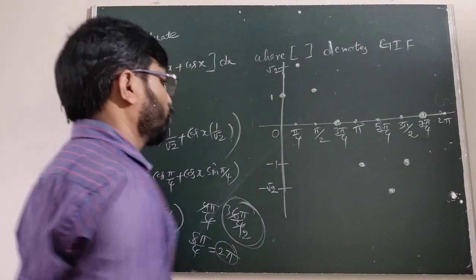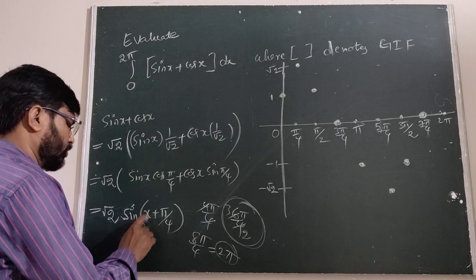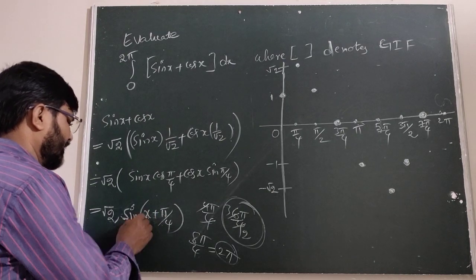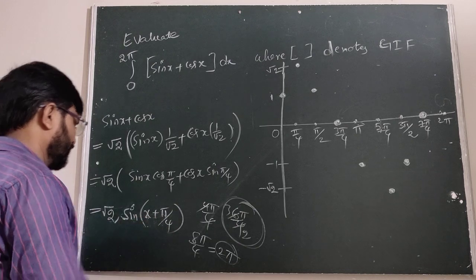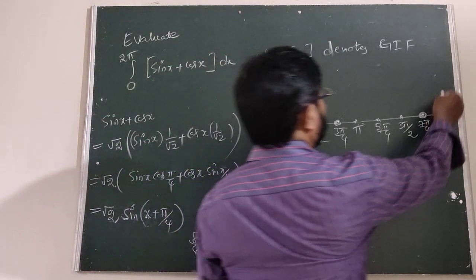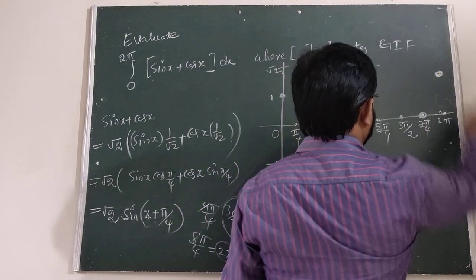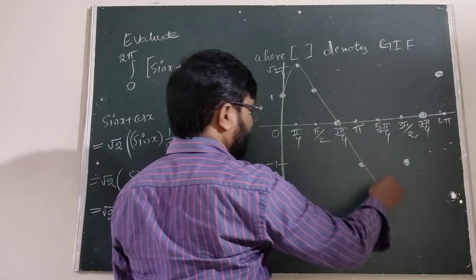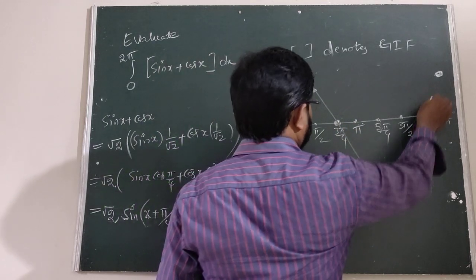Now we are taking the 2 pi. Therefore, when we are taking 2 pi here, the sine of 2 pi plus theta, first quadrant, sine 45. Sine 45 is root 2 by root 2, root 2 cancels. We got 1. So, this is the graph. Okay. Now, the graph of sin x plus cos x. This is the graph.